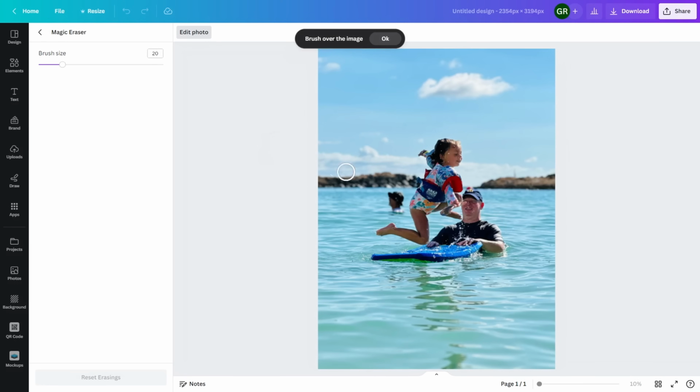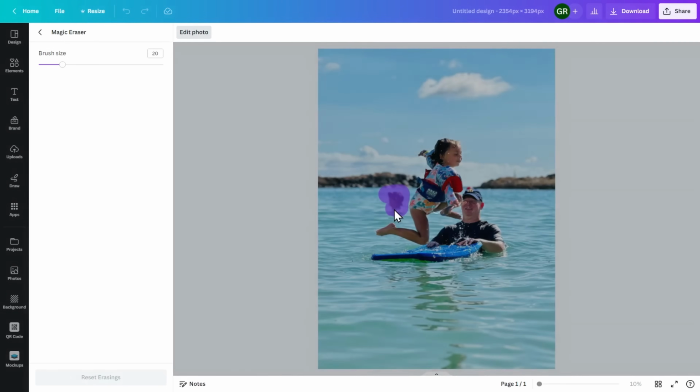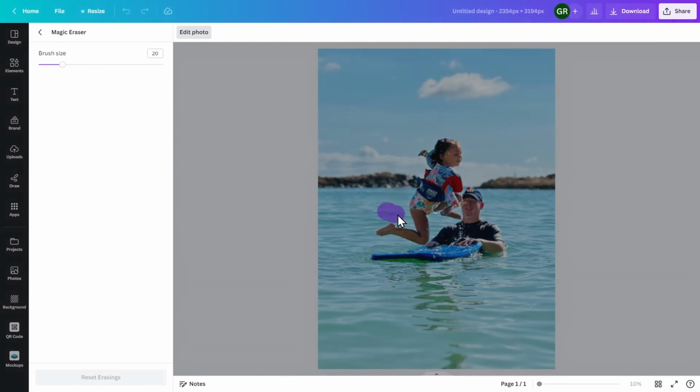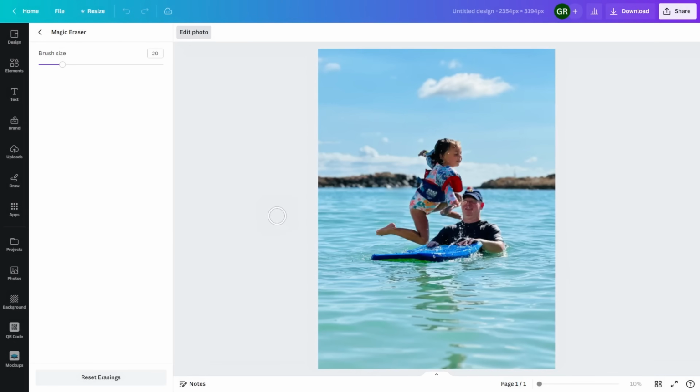You simply use the brush and drag it along the part of the image that you would like to be removed. Depending on how dark the area is that you want to be erased, it might take more than one pass. In this case, since this head's a little bit darker, it might take 2 or 3 passes. Here you can see there's just one small dark spot remaining, so I'll use my brush to drag over it, and we should have a perfectly good shot. There you go. A much better framed picture.